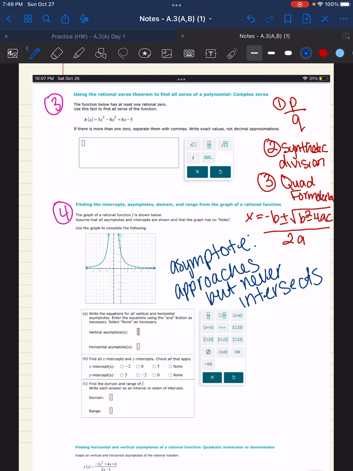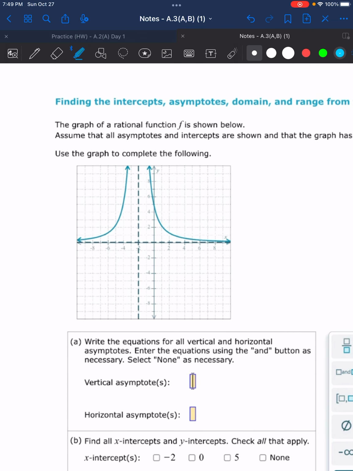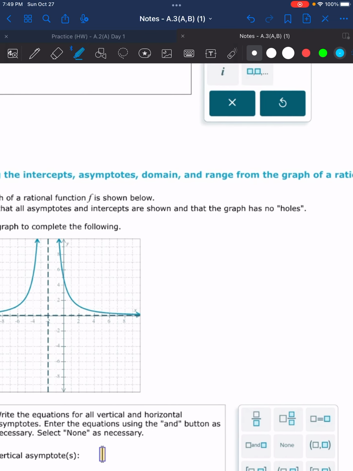All right, so vertically. Vertical is straight up and down. So when I look straight up and down, I'm looking at, when I look